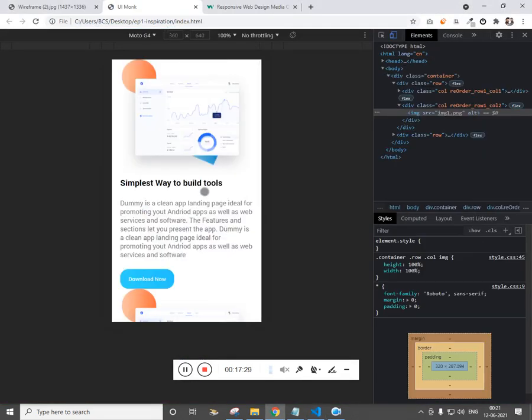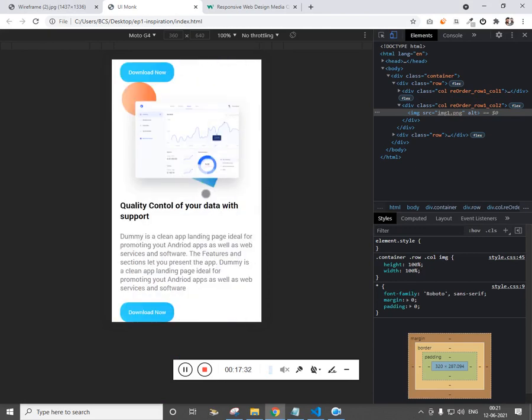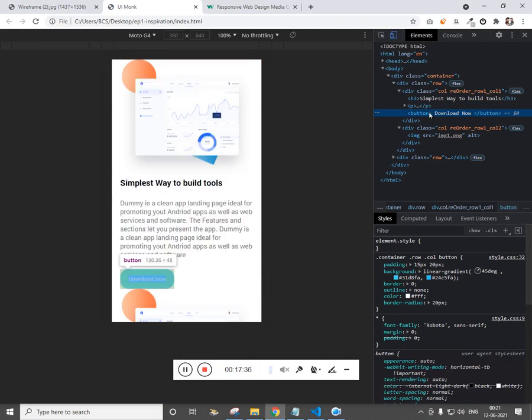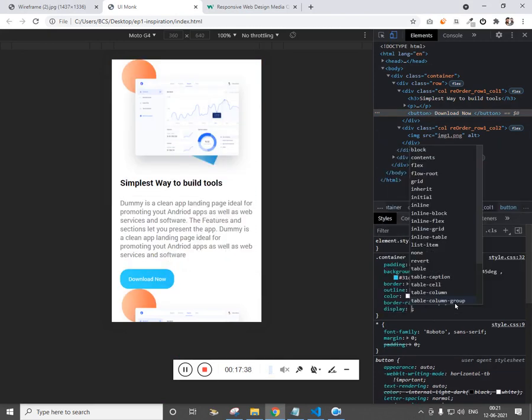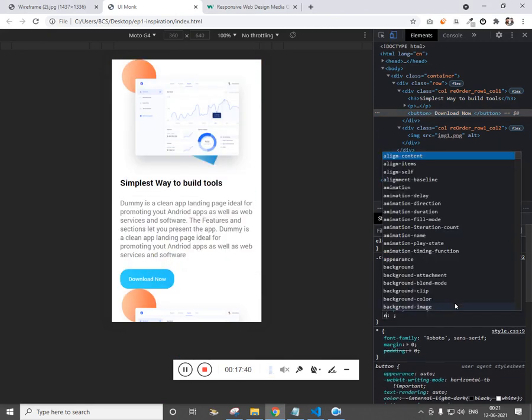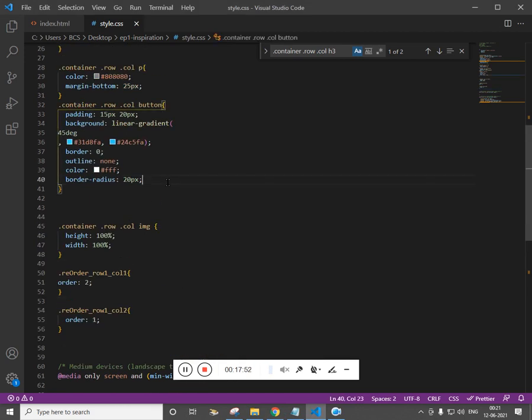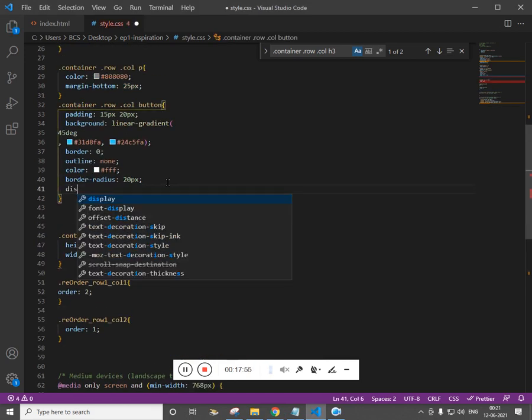So let's make this button at the center. Display block, margin 0, auto, select all, display block, margin, auto.